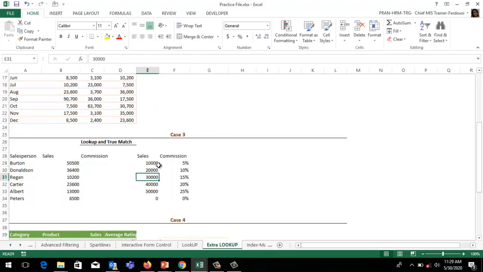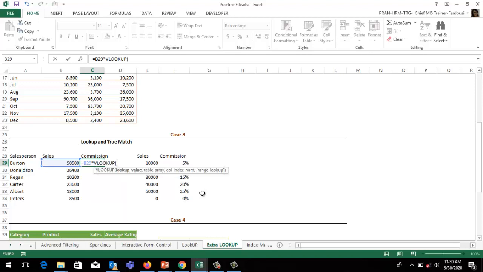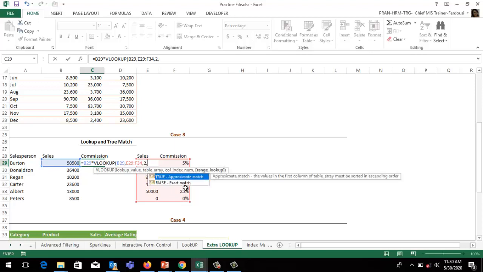In this case, we have a commission table and we like to calculate this. So use these cells into the corresponding commission. That means VLOOKUP this amount from this table, use comma, the result would be from the second column, 2, then comma.